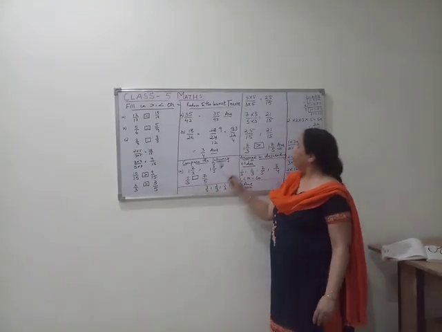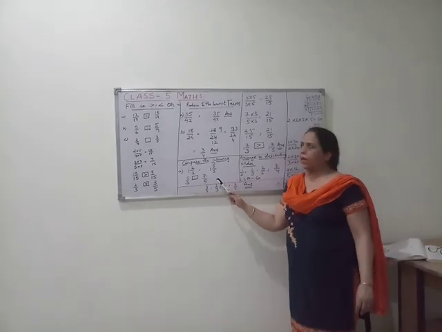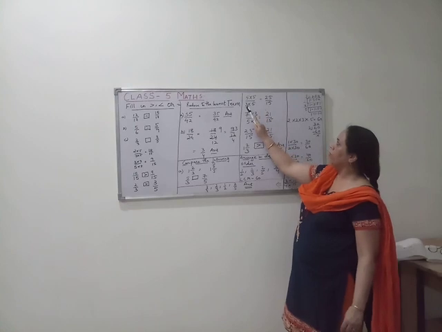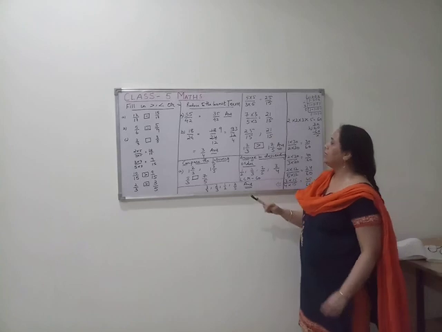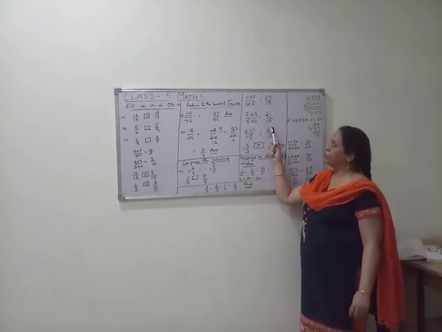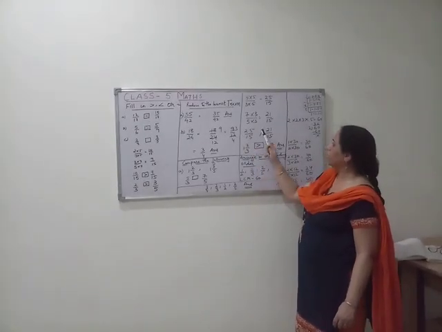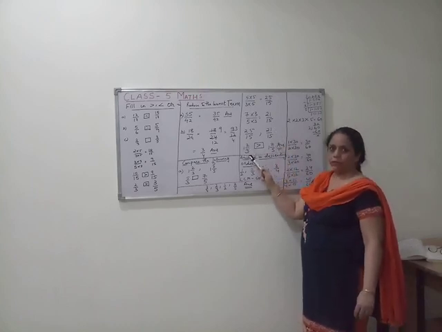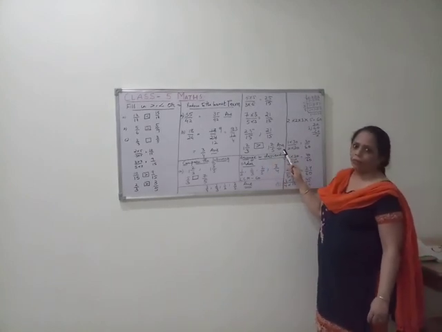But now we will make them equivalent fractions. We have to make both the denominators the same. We multiply 5 into 5 and 3 into 5, so one fraction is 25 upon 15. Then the other is 7 into 3 and 5 into 3, that is 21 upon 15. Now one fraction is 25 upon 15 and the other is 21 upon 15. That means 1 whole 2 upon 3 is greater than 1 whole 2 upon 5, and that will be your answer.